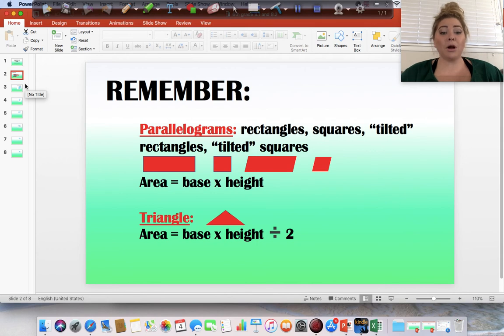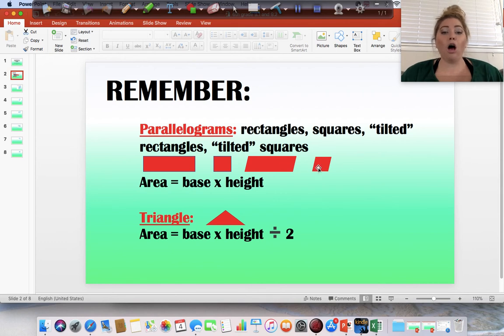Okay, remember, parallelograms are rectangles, squares. I call them tilted rectangles and tilted squares, okay? They look like this. Here's a rectangle, here's a square, here's a tilted rectangle, and here's a tilted square. This is called a parallelogram, and this is called a rhombus, but all of these are in the parallelogram category, okay? So this is technically a parallelogram, this is a parallelogram, this is a parallelogram, and this is a parallelogram,